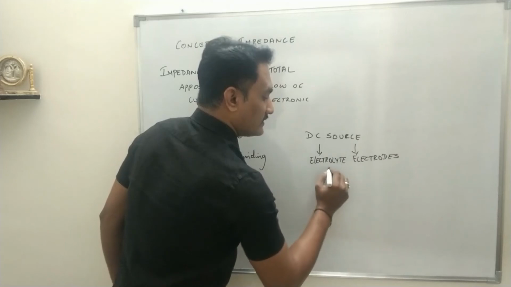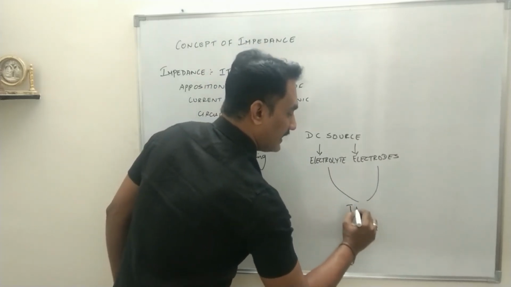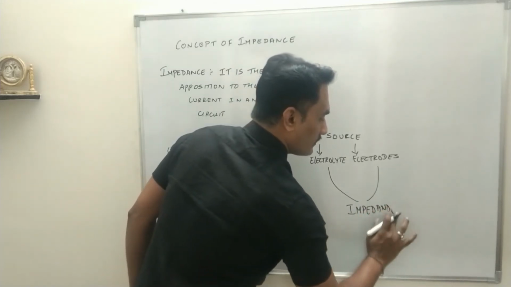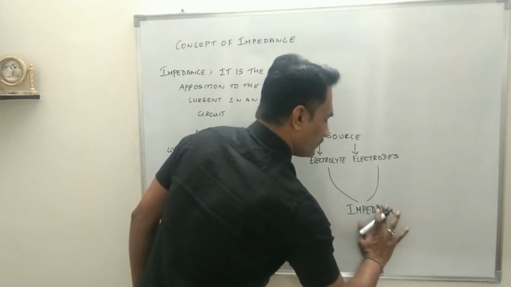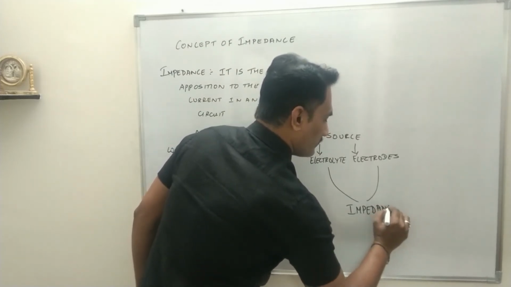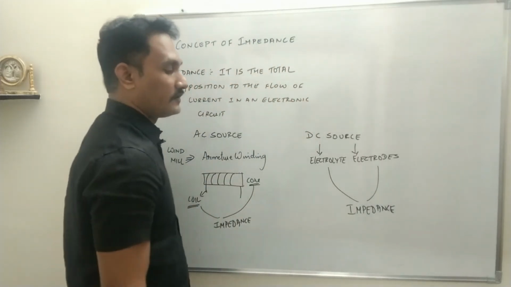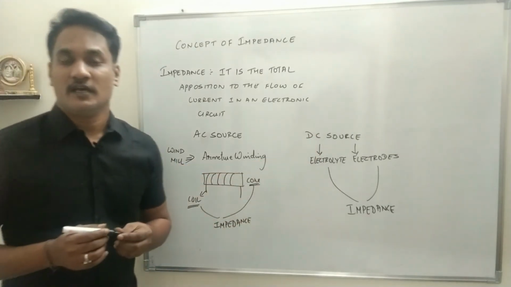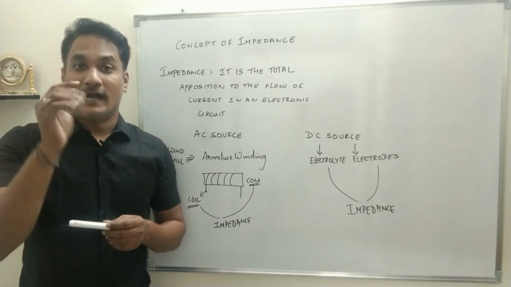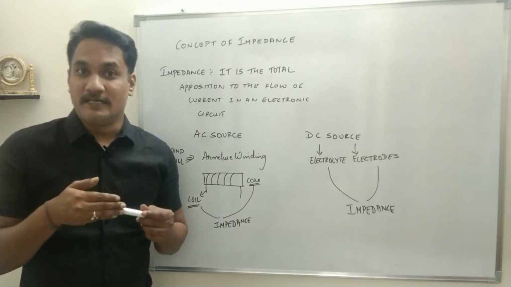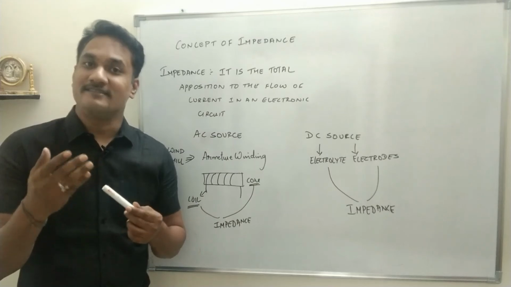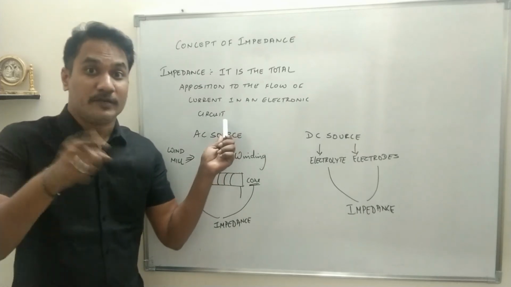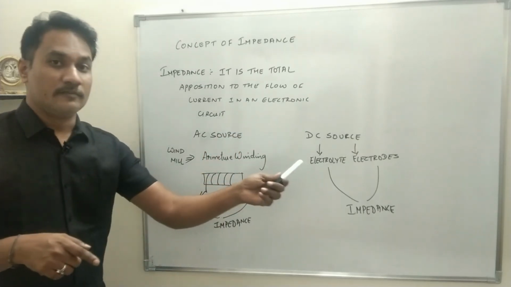So the total resistance offered by the electrolyte and the electrode is called the impedance of a DC source. If you want to understand what exactly we mean by impedance, it is nothing but the total opposition to the flow of current in an electronic circuit because of the